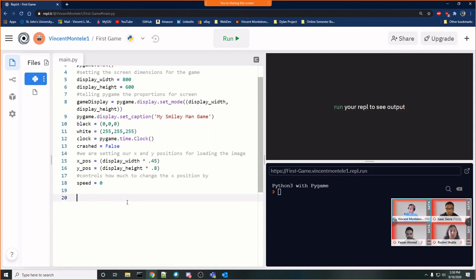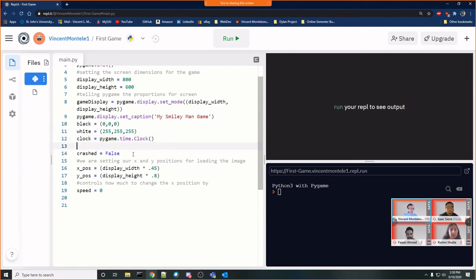All right. So what we're going to do now is just do some prerequisites that PyGame requires us to start up the game, and then we'll actually get into how to control it and how to move our character around. So the first thing is, you might see over here that we have a variable called crashed, and we set it equal to false. A lot of you guys that have played video games before, even on websites, or having an app on your phone, if an app crashes, we kind of want to exit the whole entire program. We don't want it to crash and then the user have a bad experience with our app.